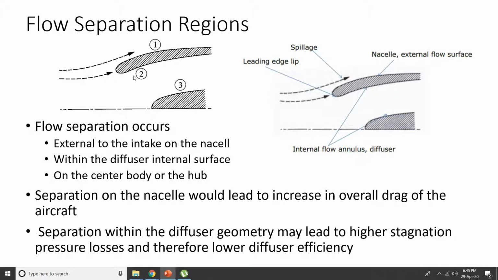Okay, and then the second point is the lip of this cowl. At this point, like I said, the flow will come here and detach from this body and try to form a vortex here. Okay, so in this region there is again flow separation, and then one more flow separation will occur on the hub. So this will be the hub of your inlet. On this hub, again flow separation can occur at this point. So these are the three points where your flow separation can occur, and they affect differently.